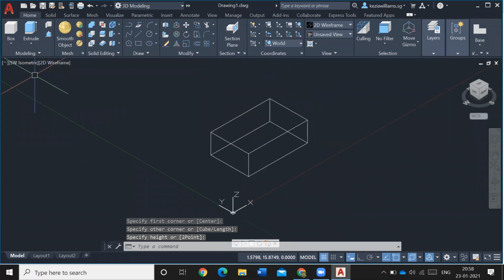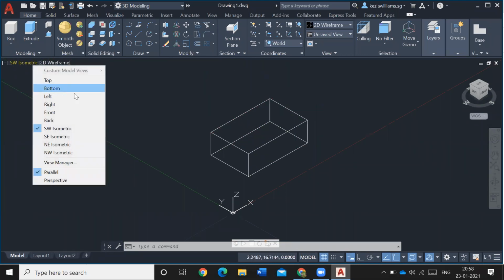You know what is orthographic view? When you see from the side, orthographic view is nothing but plan view, top view, left view, right view. These are the important points you need to know, because when you say AutoCAD, people ask what is orthographic view. If you don't know, they won't agree that you know AutoCAD. The same with isometric view, perspective view and parallel view. So you should know all these things.